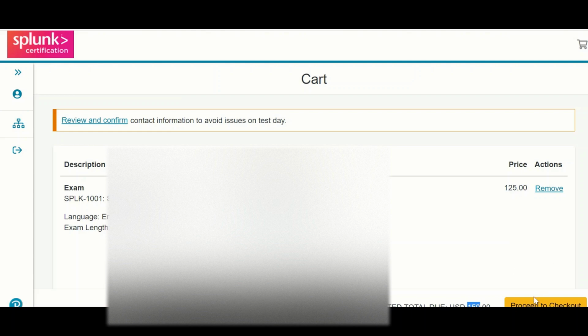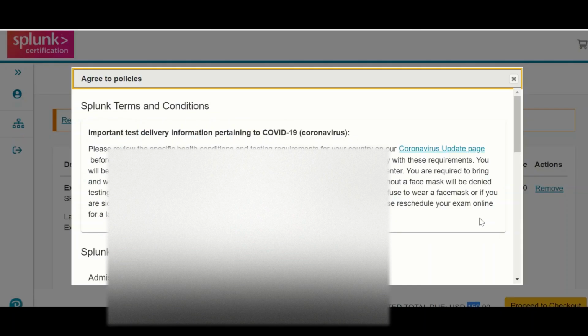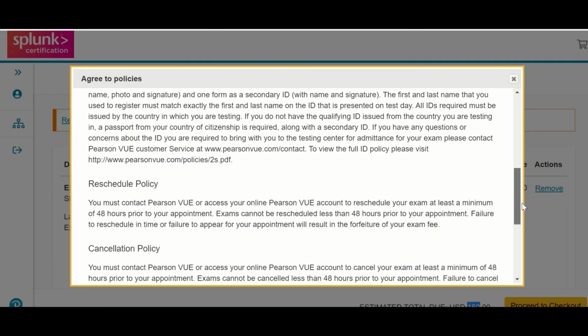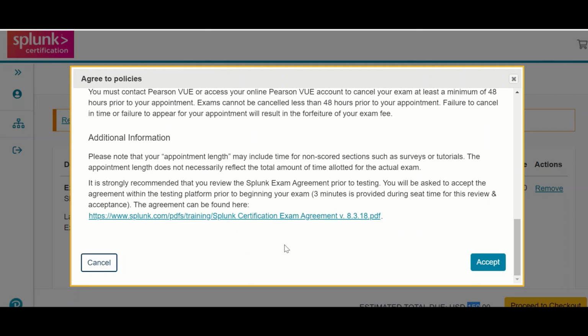So let's go and do checkout. Check that all the details are correct, and do checkout. Once you do, it will ask for some policies and agreements. If you are okay with them, download and read this document and accept it.